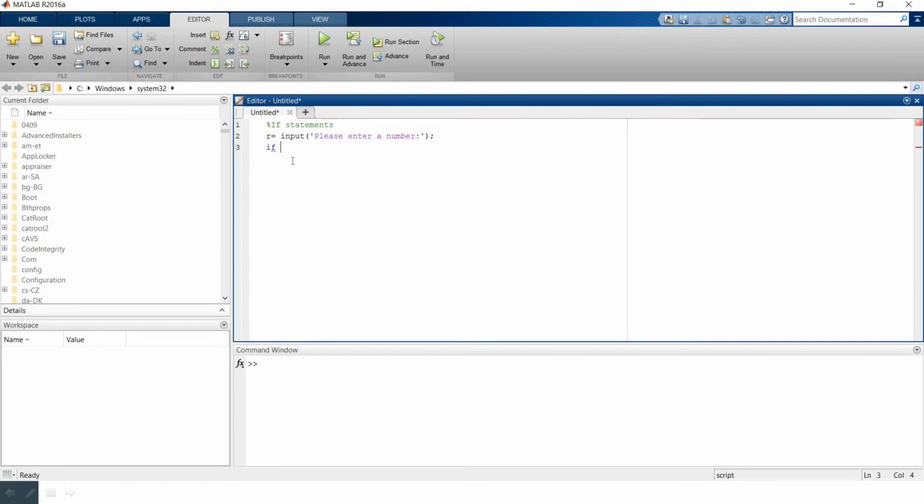If your r is less than 0, so if you want to display any message in the MATLAB command window, you use the command disp. Let's display the message: the number is negative.